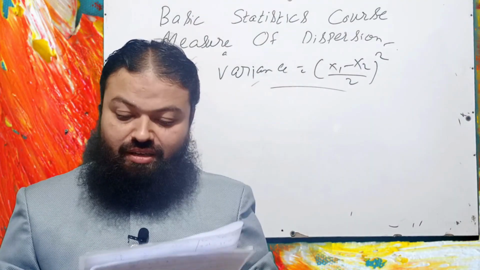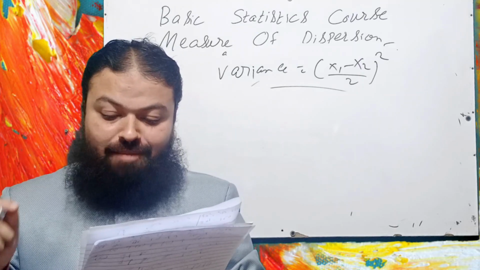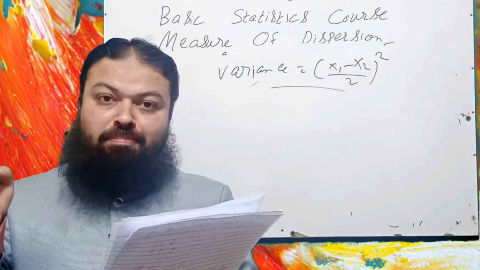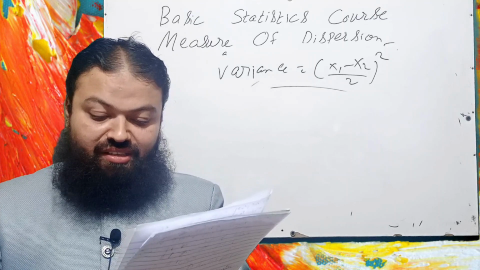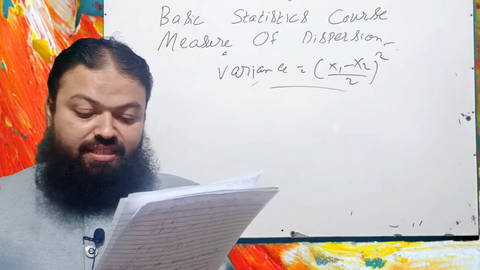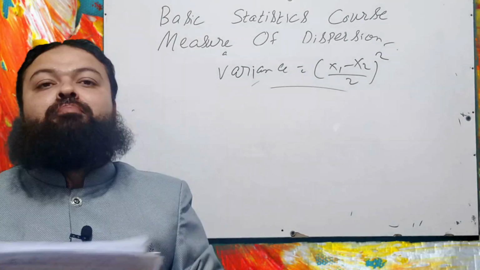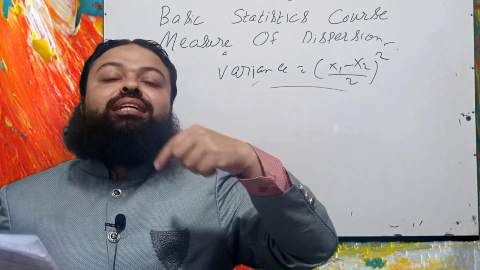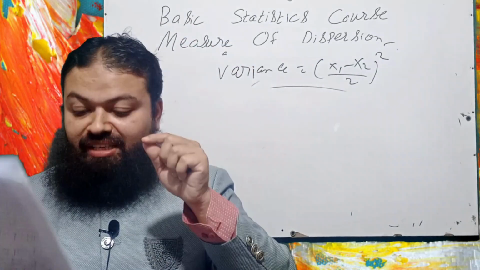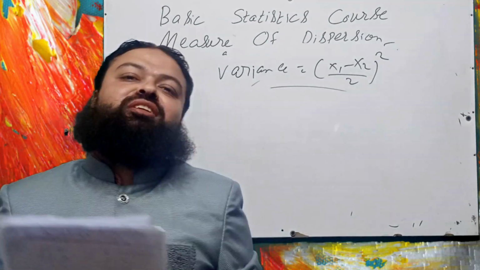Question number 11. The whole frequency table is needed for the calculation of: A part range, B part variance, C both range and variance, D none of the above. Dear students, for variance we need the calculation of the whole data. It means B part variance will be the correct option in the exam.